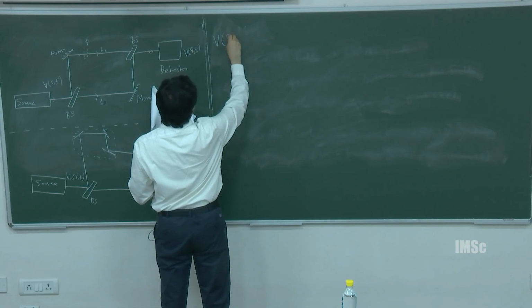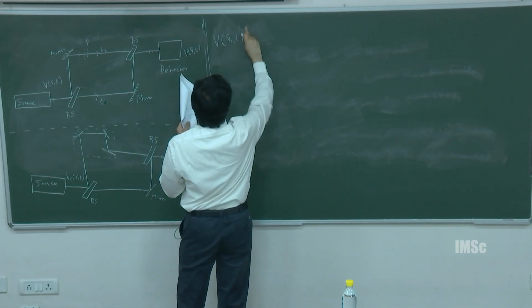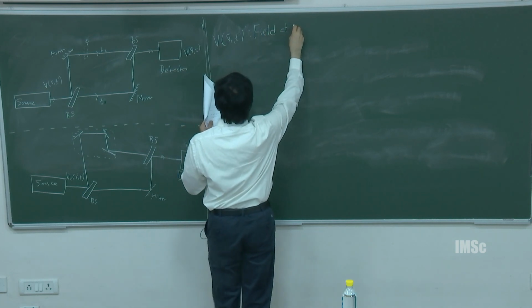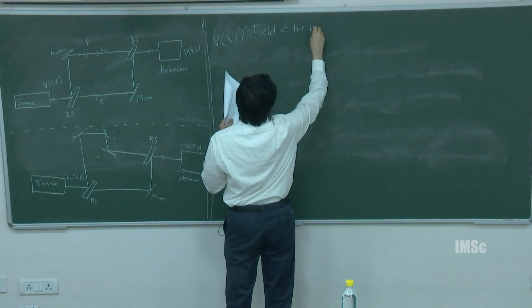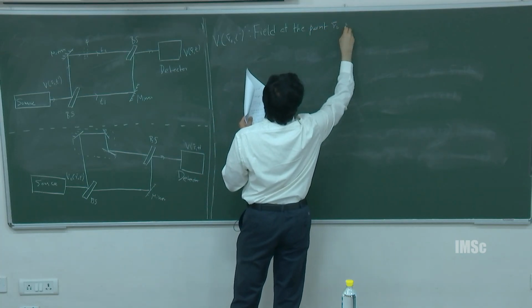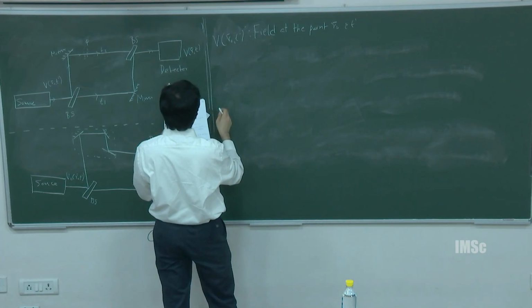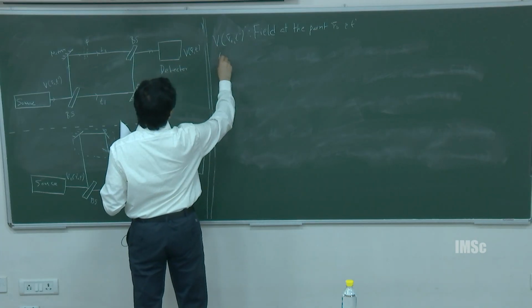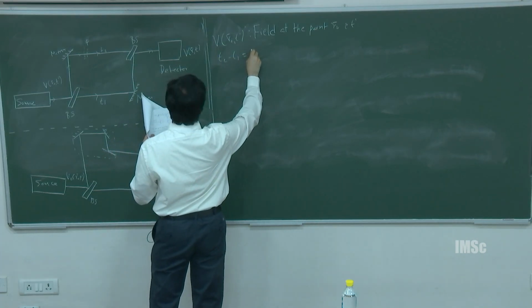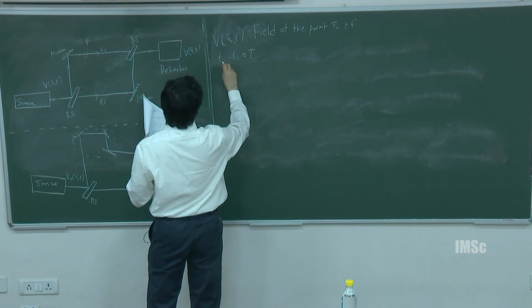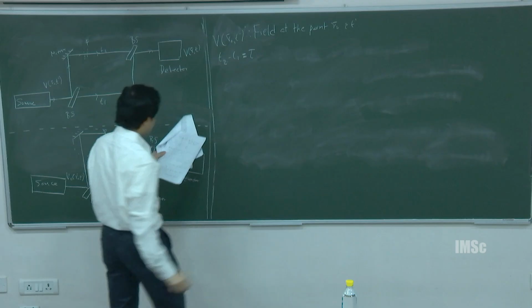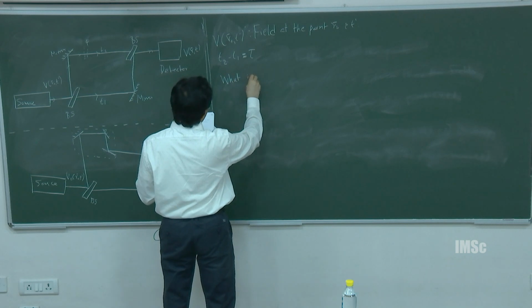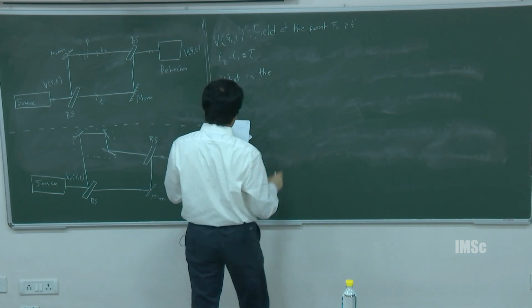So V of R naught, T prime is the field at R naught and T prime. So T2 minus T1 is the delay. We call the difference tau, right? So the question that we ask is, what is the correlation